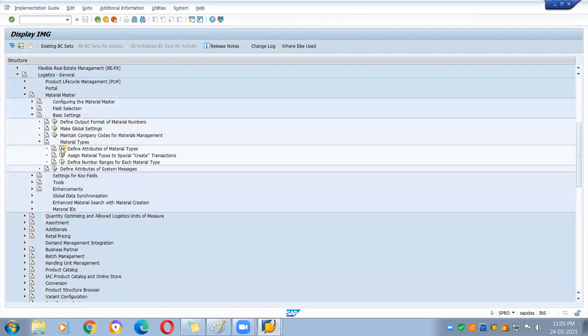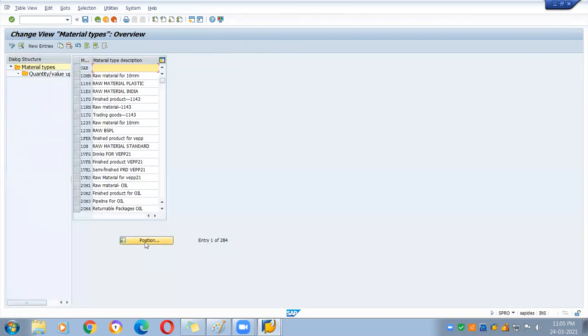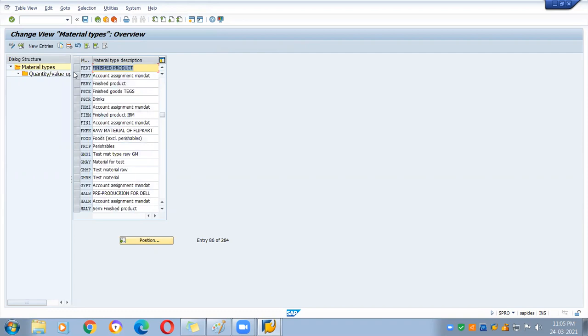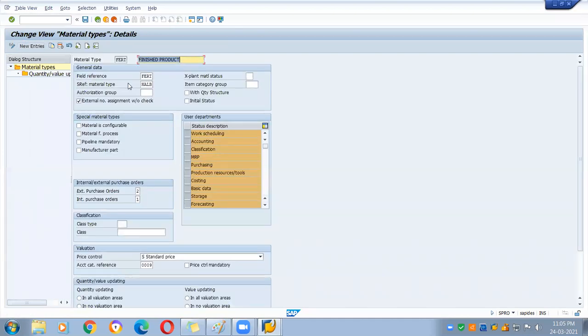So we have to define the attributes of material types. You can select this, and you will find one specific setting here, which I am going to discuss today. You have to click select, and then you have to show the details. So we are going to cover this one.